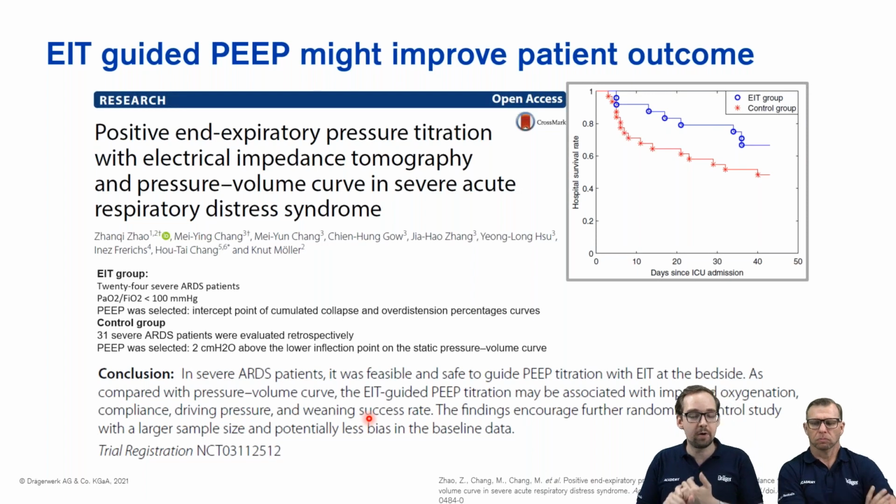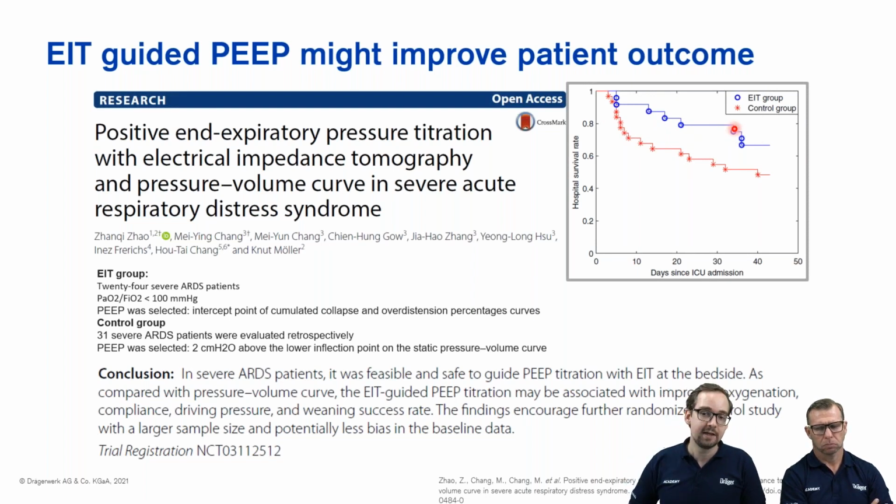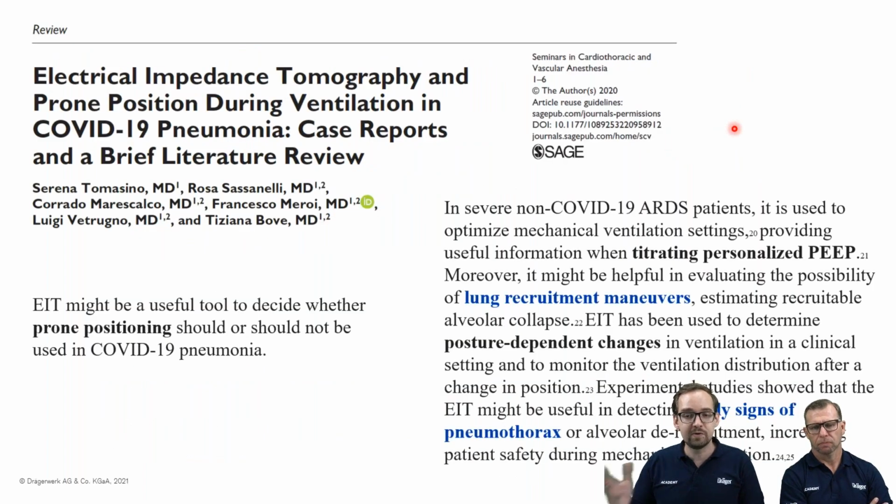So already very promising. When we look at hospital survival rate, even here, you see the graph, EIT group versus control group. The survival rate seemed to be higher in the EIT group. Unfortunately, this is not statistically significant, so it's only an early indicator, but of course, very promising. And since we mentioned